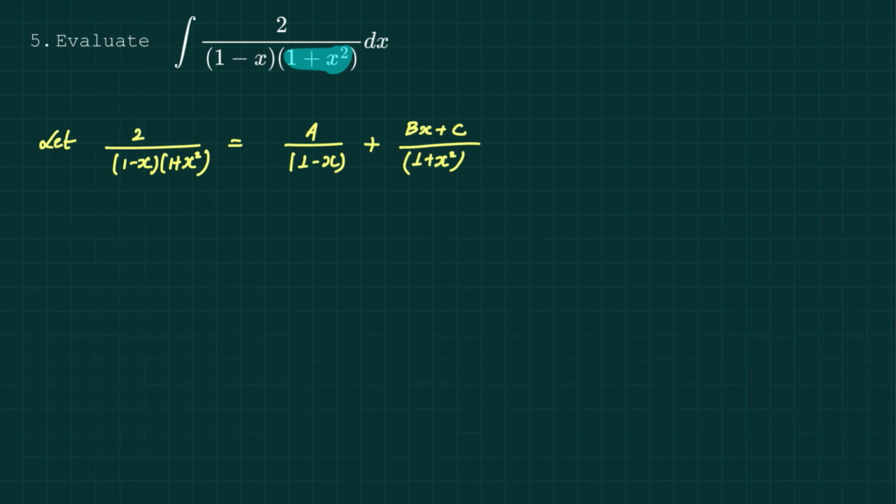So we will assume a linear on top of quadratic. So let this be equation 1. So this implies equals to, the LCM will be same,